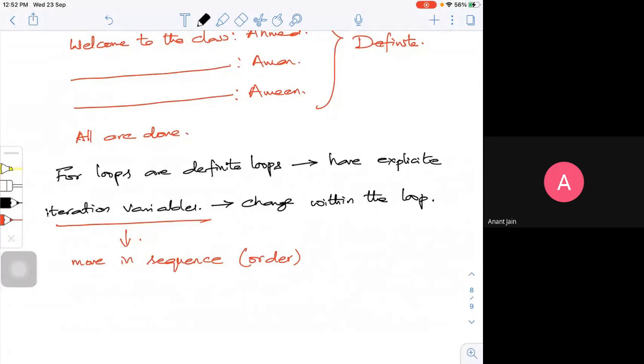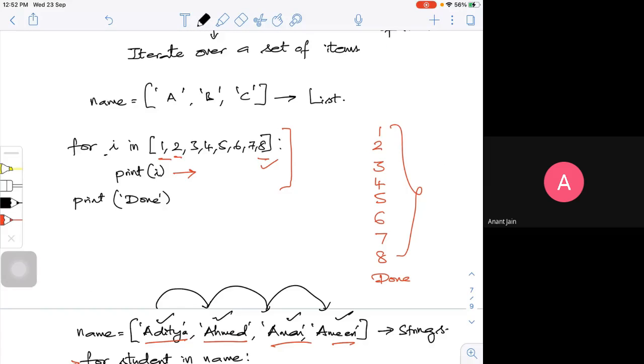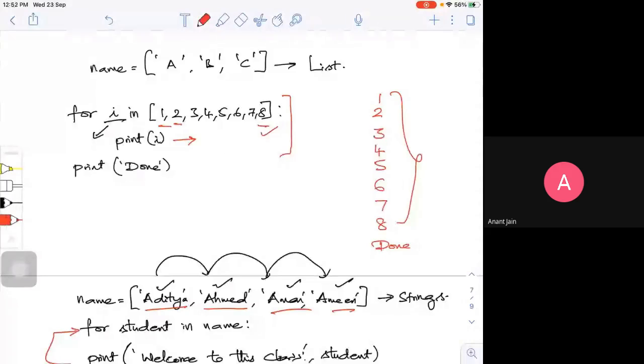If you look at it here, whatever I told, this is the iteration variable: I is the iteration variable.